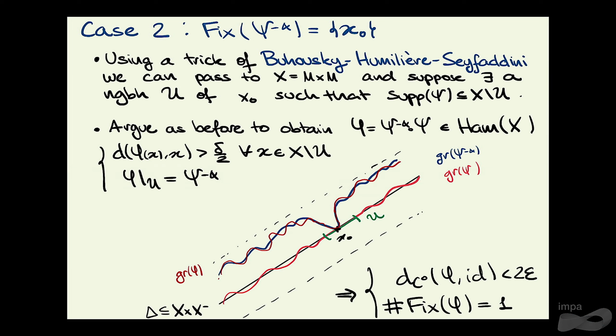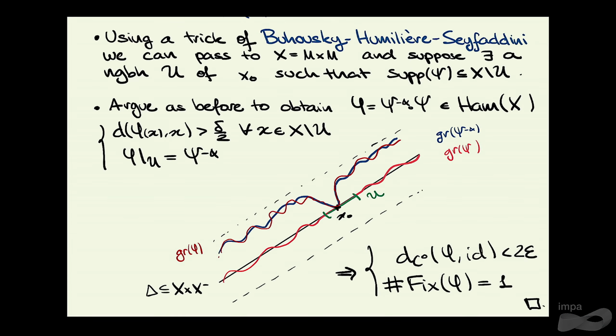And once you know that this endpoint is supported away from the ball, now you can compose, and compose in a way that you're not doing anything in a neighborhood of the fixed point. So in the neighborhood, you're not changing the fixed point, so you remain with the fixed points you already have. But you can take this path again to be arbitrarily close to the diagonal in the C0 sense. So you can do it in such a way, and in a very similar way as before, that you're not creating any new fixed points away from this neighborhood.